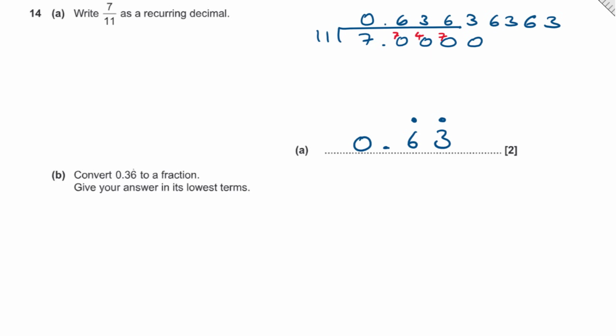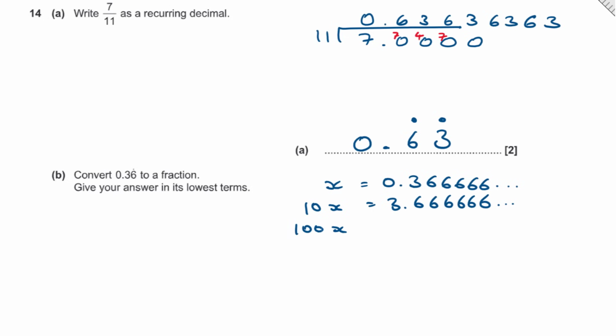B, convert 0.36 recurring into a fraction, giving your answer in its lowest terms. Okay, so now we've got 0.36666. Just going to write that down. Okay, so I'm going to write x is equal to 0.366666 and so on, an infinite number of 6s. So if x is equal to 0.3666, then 10x, that's going to be 3.666666 and so on. And 100x, I'm multiplying that by a factor of another 10, is going to give me